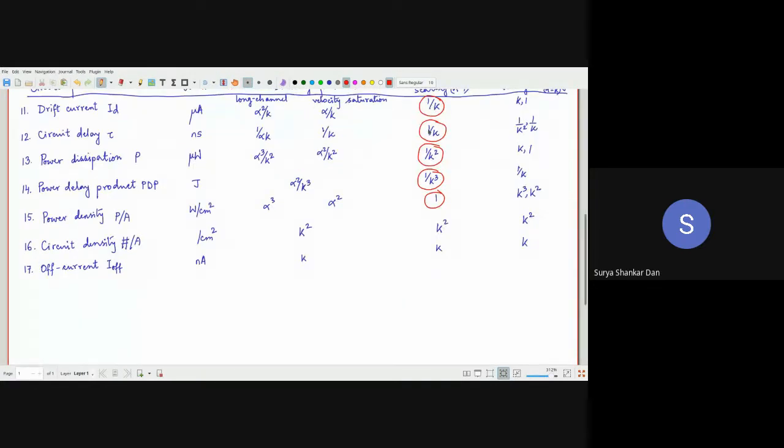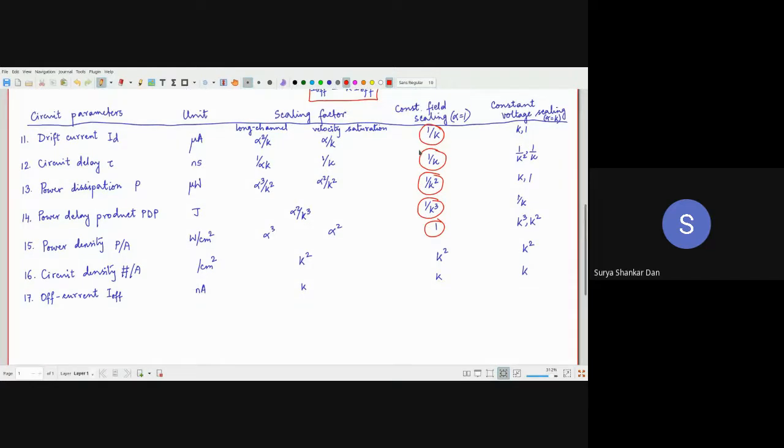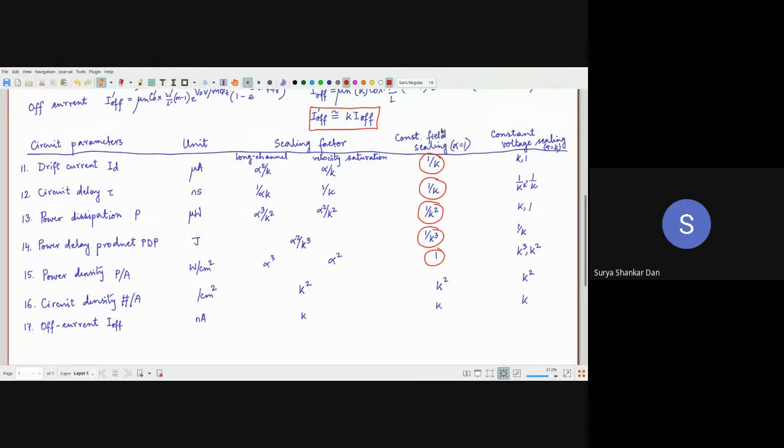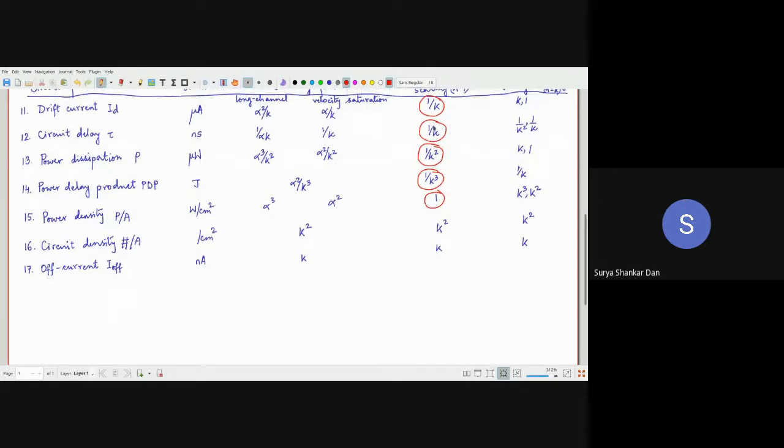So with the generalized scaling theory, we came to know that if we scale the technology node with the help of constant field scaling, we have got so many advantages. There are even more, but I think this is where I should stop. Now, the one thing which I am already able to show you is that this is a detrimental problem. We should actually think about keeping the I-off as low as possible. Okay, so this is where we find that the scaling is not helping us anymore. It's becoming a problem for us.